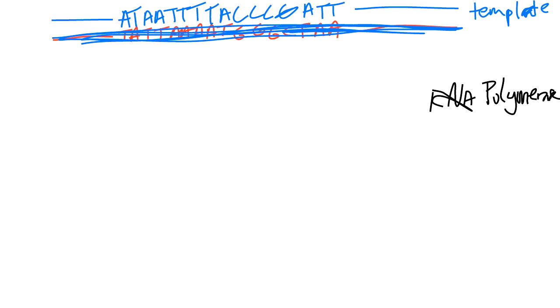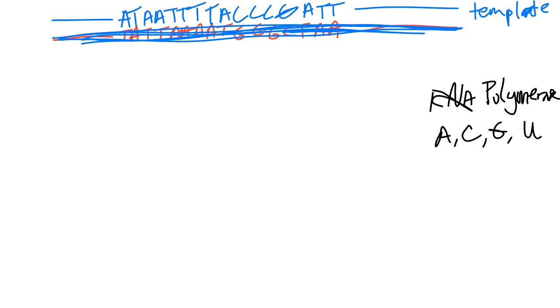One of those is the type of sugar. Also, RNA is typically single-stranded, not double-stranded. But the other thing is, in RNA, we have the nucleotides A, C, G, but we don't have T. Instead, we have U. So for everywhere that there would normally be a T in DNA, it's going to be